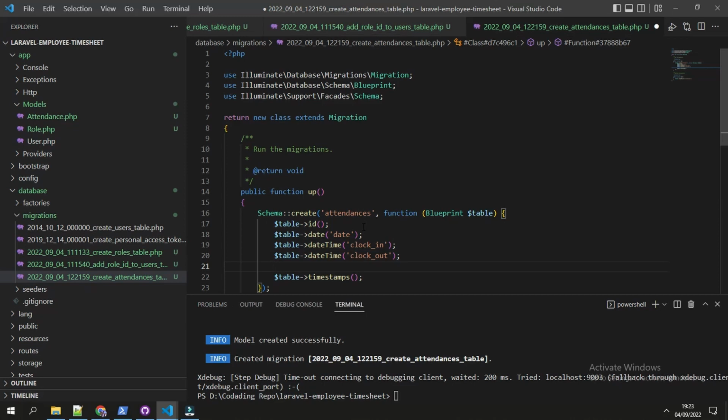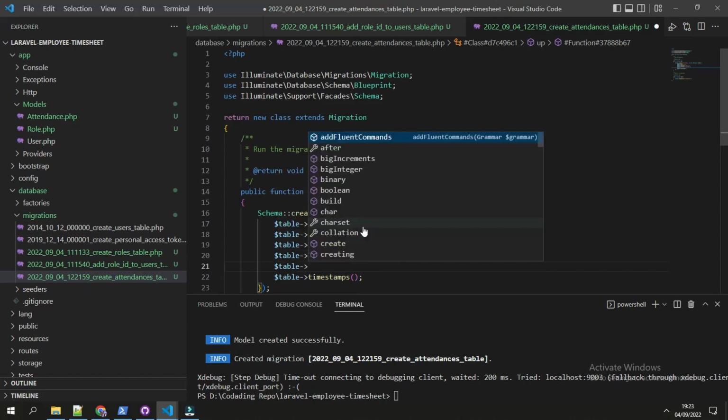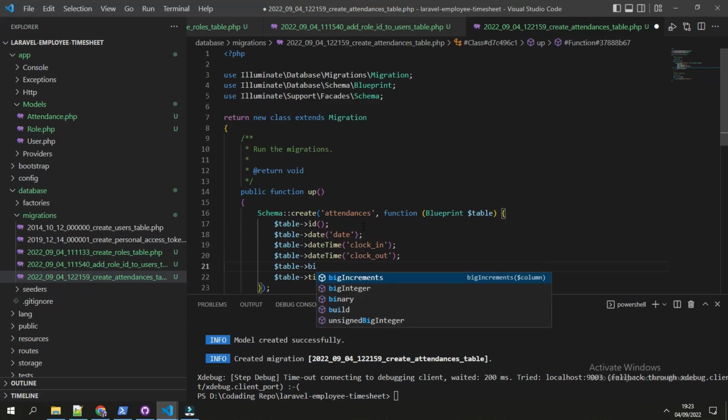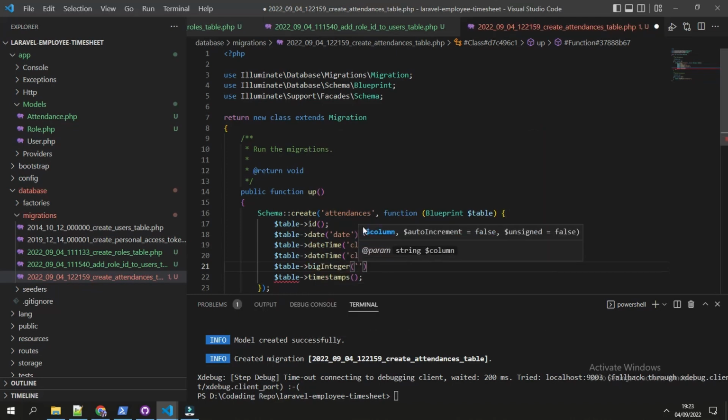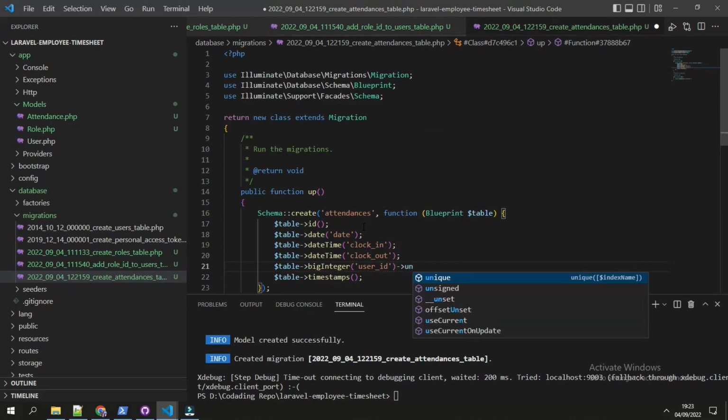We can also directly create the foreign key for the user ID in here. So it would be table bigInteger user_id, and it is unsigned.